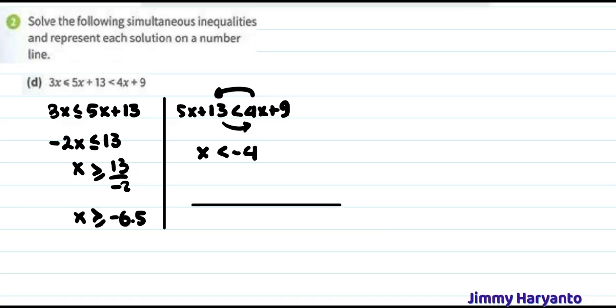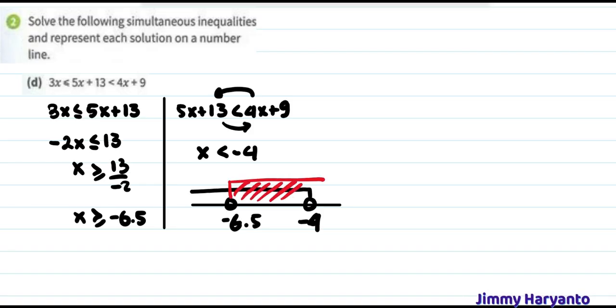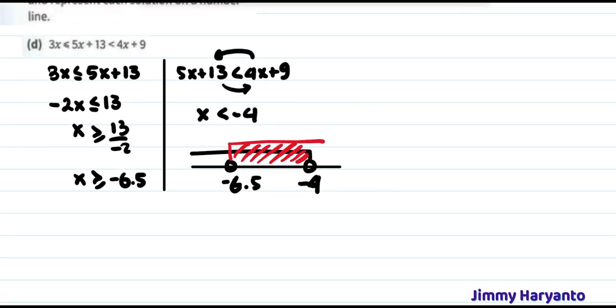And then I will create the number line. We have negative 6.5 right here. And then negative 4 is right there. Less than for the negative 4. And then greater than for the 6.5. That means this is the area. And the notation will be, oh sorry, my bad, should be colored dot, yeah, this one, and less than negative 4.